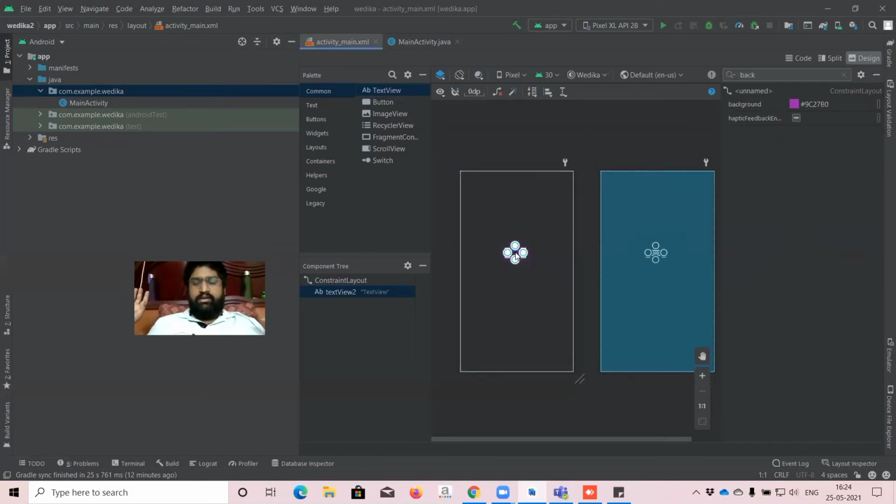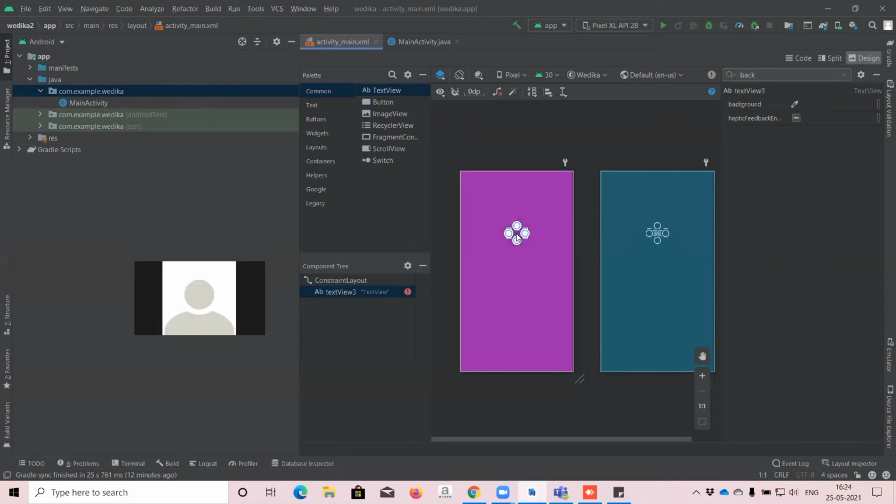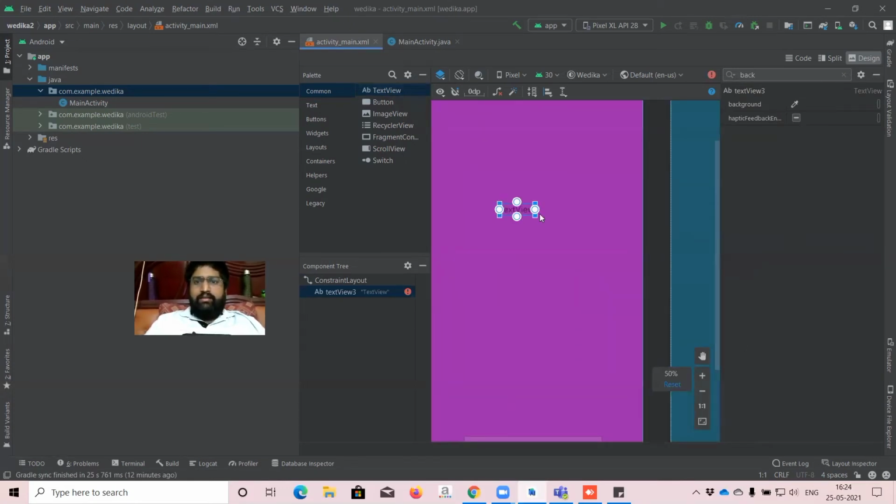So initially, it's very simple. Again, I'll repeat it. It's like dragging an option. You have to select the left arrow, drag the mouse and place it here. Again, I'll repeat why we are doing this. This circle thing we are dragging and putting on every edge of the screen, right? It's because it is called a constraint layout. Let me repeat, it is called a constraint layout.